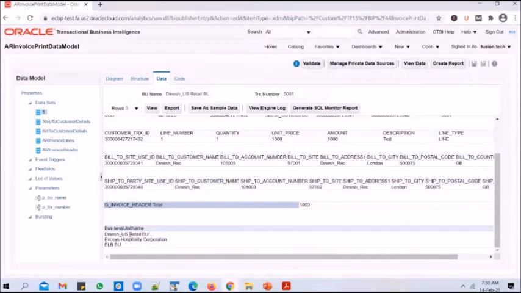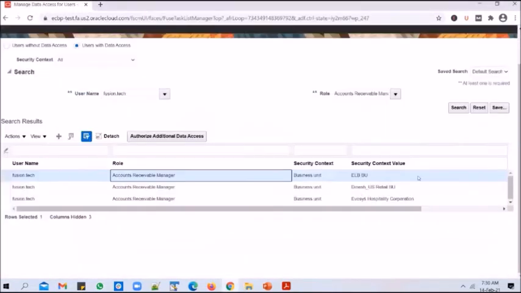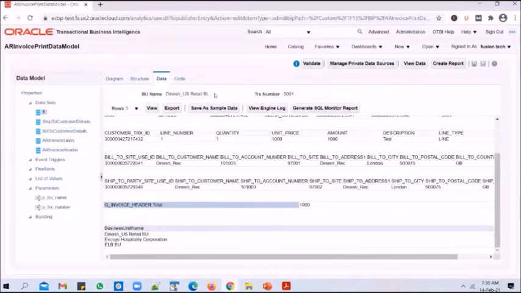So what is the output for that query? You're seeing only 3 business units. Why only 3 business units? That's because for the Fusion.tech user with the receivables manager role, there are only 3 views he has got access to, and this is exactly matching what you're seeing on screen here. So we want to display this as a list of values here in the dropdown so that the user can pick one of those views and then pick the transaction number from those views.